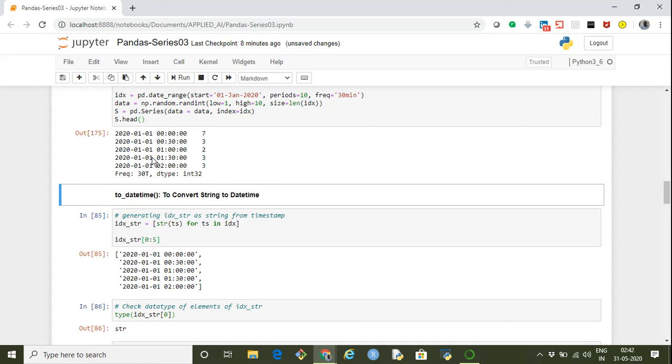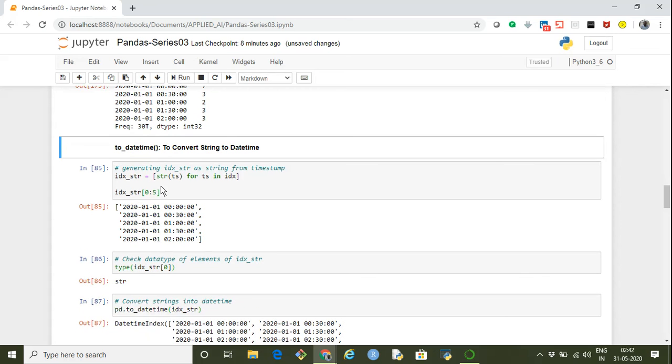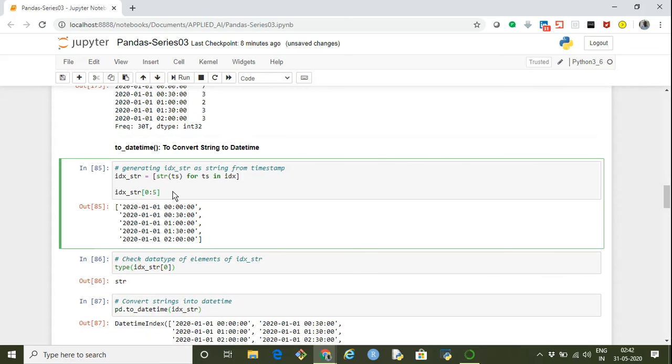That's fine. Now, another thing is, we often come across a situation where the date time that we receive is in string format, and we have to convert it into the date time format, because until and unless we convert it into the date time format, we won't be able to extract the different components of date and time from it.